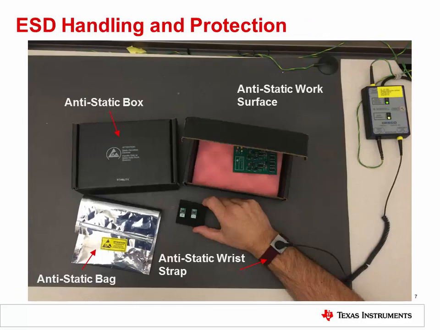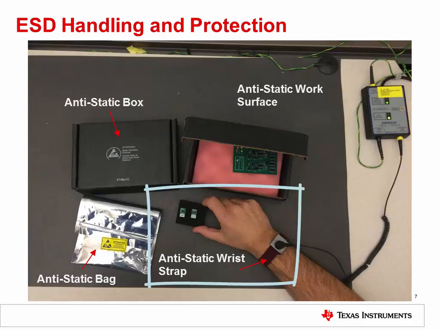There are some general precautions that can be followed to minimize ESD damage to devices and assembled products. In general, these precautions use resistive materials to dissipate charge. For example, the anti-static wrist strap shown in this picture allows a controlled discharge of static electricity to ground. Typically, the impedance of anti-static materials is in the megaohms. Note that the anti-static bag, box, and work surface also contain resistive materials that are intended to slowly neutralize charge.